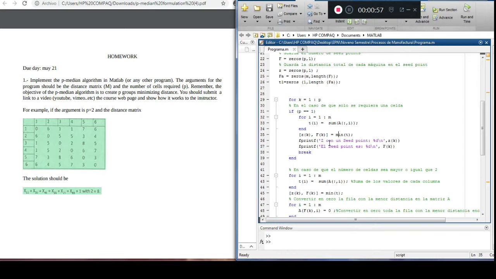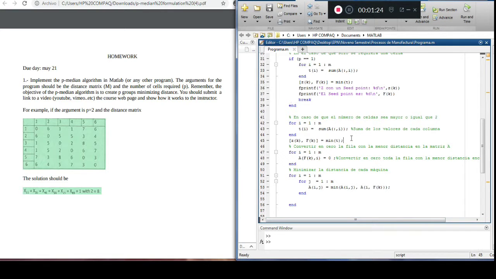The program finally shows the message with these results: distance Z with a first seed point, with a second seed point, or with a third seed point, and shows the results in matrix F, iteration K, with the message the seed point is. Break the sentence for and end the iteration with the sentence if. In the case that the number of groups is not 1, the iteration that the program does is in the same way: